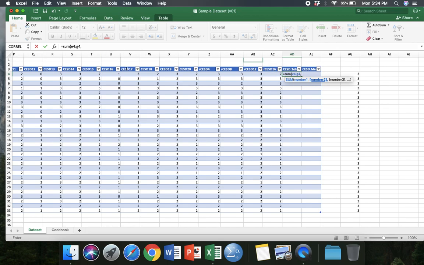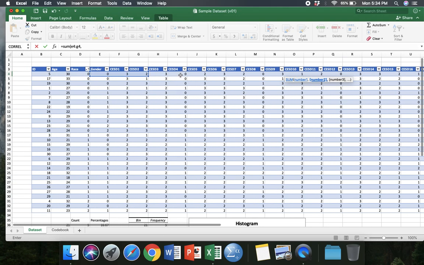And then we want to specify CESD. Oh no, see, I accidentally clicked on gender instead of the first CESD item. So you definitely don't want that. So we actually start on F4, and then we go to H4. And then we skip the original CSD4 item and go to J4